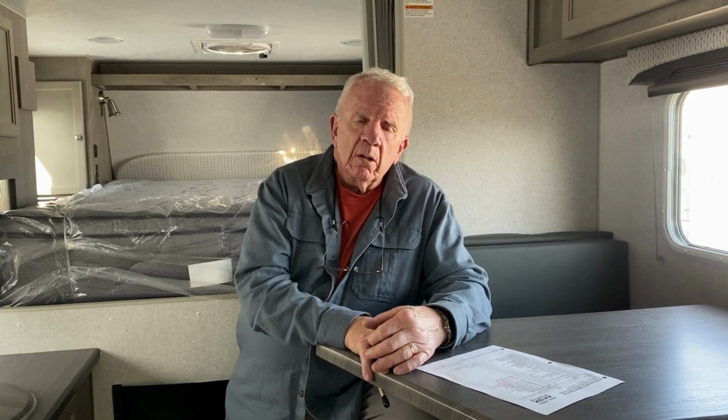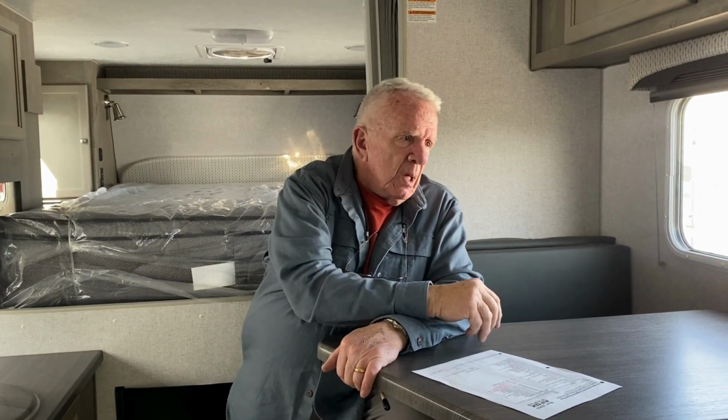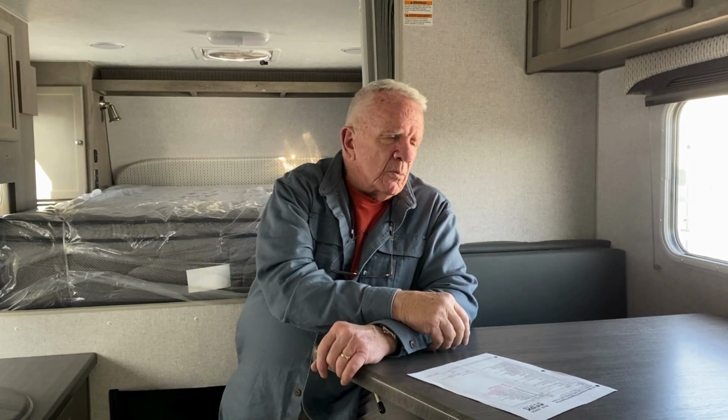The main difference between the Wolf Creek truck campers and the Arctic Foxes, number one, the Wolf Creeks do not have slide outs, but they have a surprising amount of room in them. This particular one's a 910, amazing amount of room in it for a truck camper with no slide out. They also have a flat roof and flat ceiling, whereas the Arctic Foxes have a domed cathedral ceiling. And the Wolf Creeks do not have quite as thick a wall as the Arctic Foxes do in order to